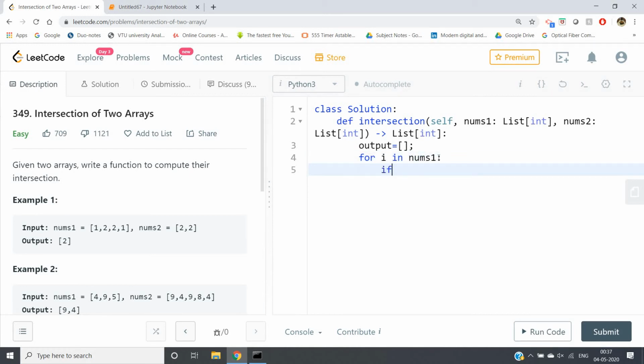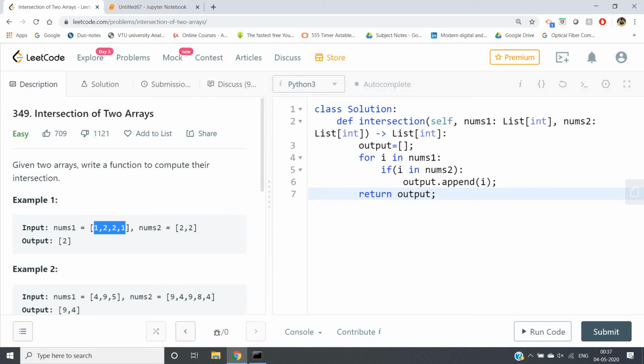Then we have to check whether i is a member of nums2 also. If it is a member of nums2, that means they are common. So if i in nums2, and this condition is satisfied, we can write output.append(i), and finally return output. But here is one problem. Consider the first test case.